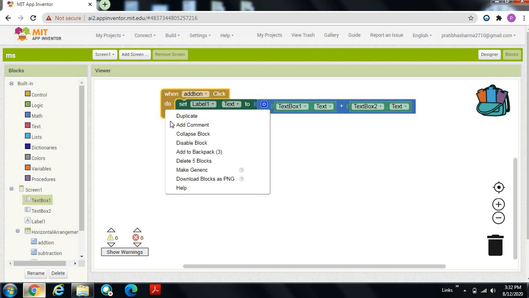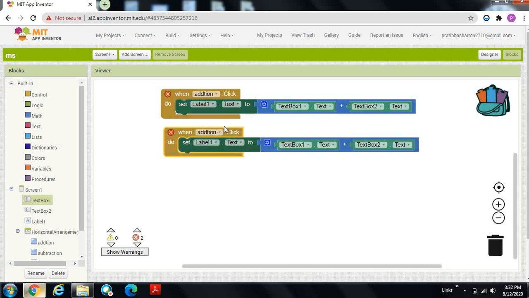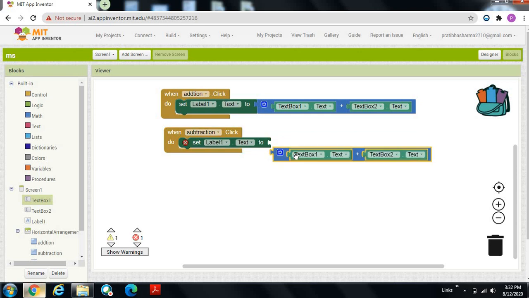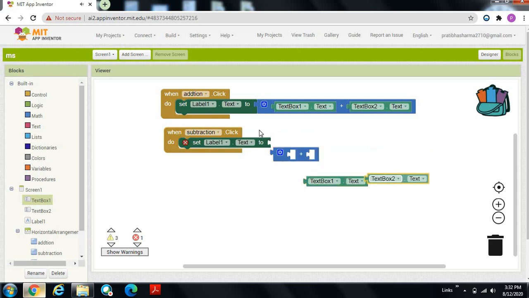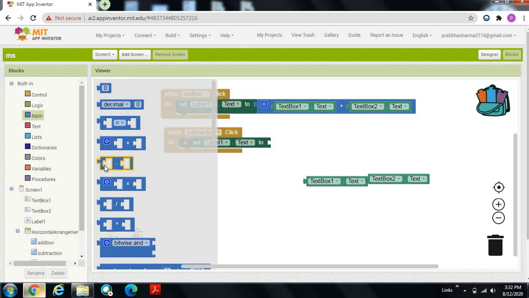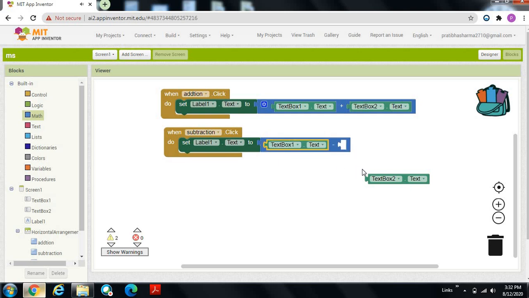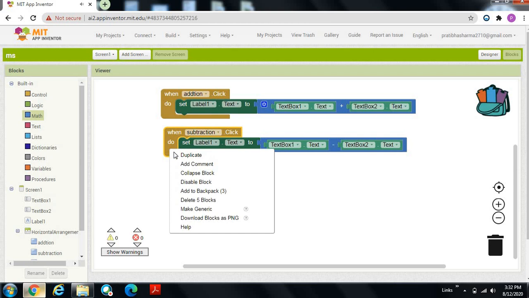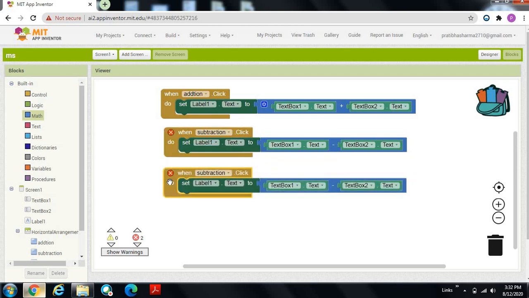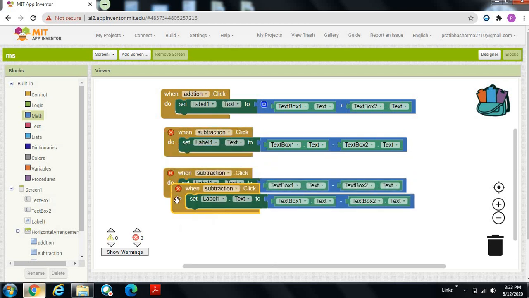Now we are going to copy and paste it again. Now I'm going to make this subtraction, and we are going to remove this block because it is a subtraction. So we are going to delete this one, and instead of that addition block, you are going to require a subtraction block. So now you have to do the same. Now you are going to drag and copy it. One more time I'm going to copy it because you have to write it 4 times.